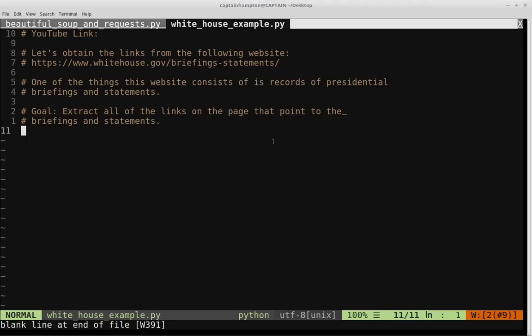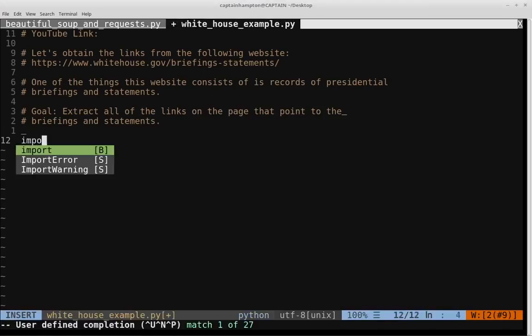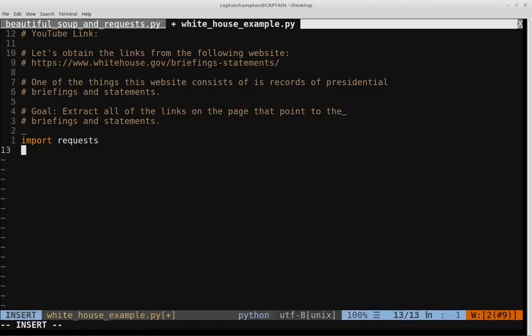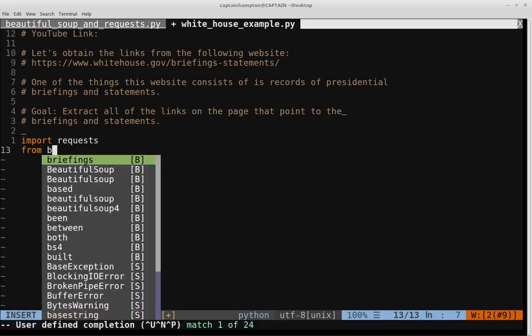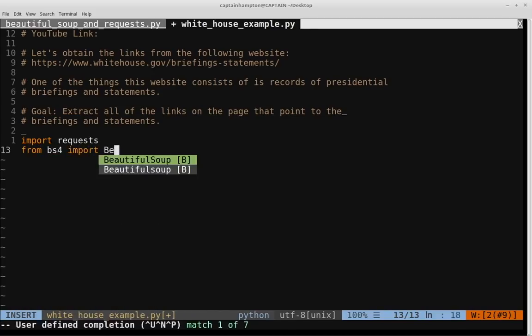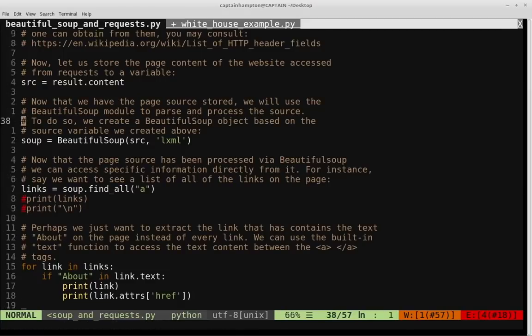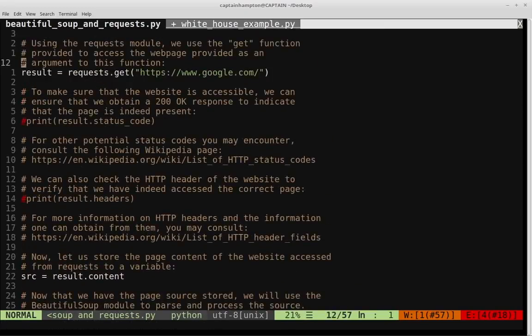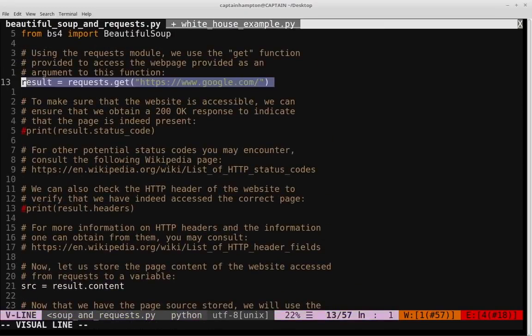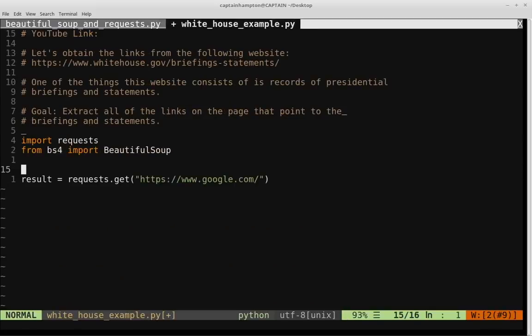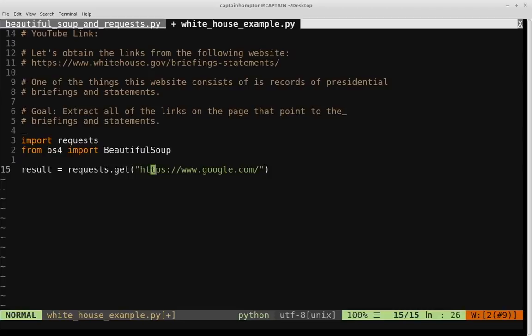So let's start off by doing the very basic things. Let's go ahead and import requests. Let's say from bs4 import BeautifulSoup. Then let me go back over to this tab because I think it's easier to copy and paste some of these things. We're going to do a very similar thing where we use the requests.get method, and we're going to paste in not google.com this time, but the website of the